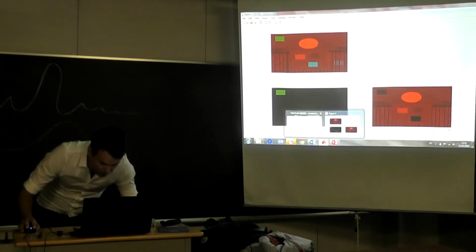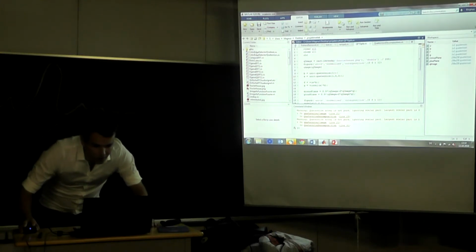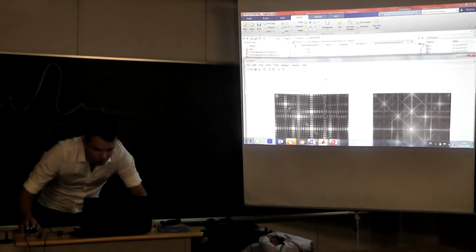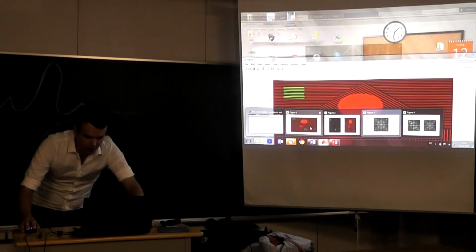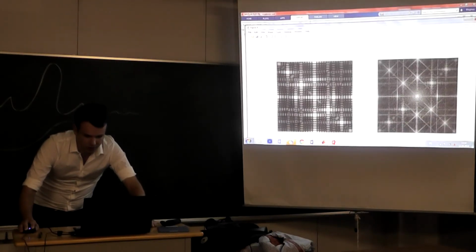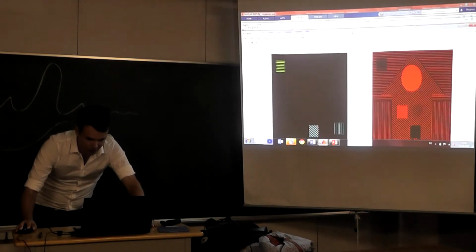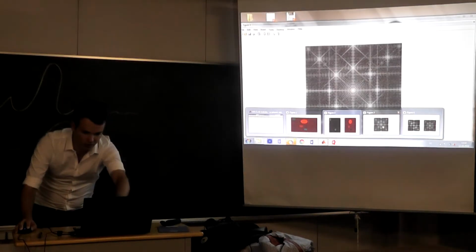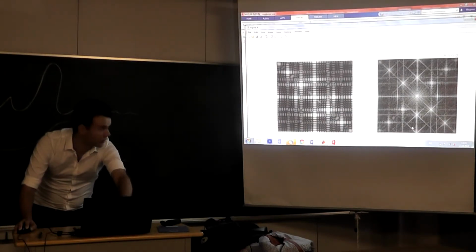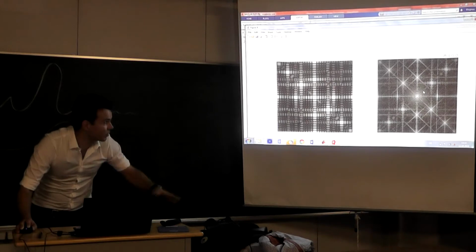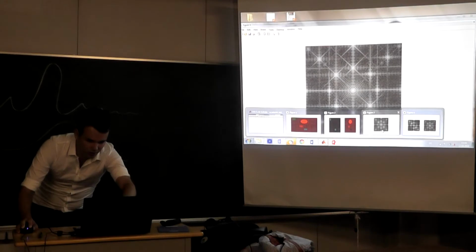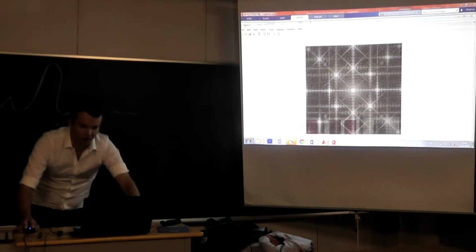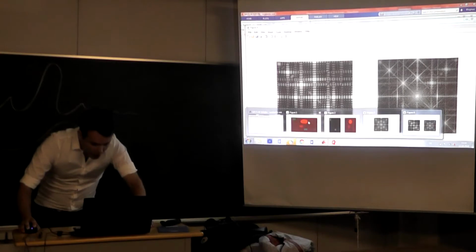If we look at the Fourier transforms of these, it's interesting, because this one is the Fourier transform of the full picture, right? And this one are the Fourier transforms of just the red part to the left, and the Fourier transform of the green and blue part to the right. And you can distinguish it much more clearly with this. Okay, and finally,